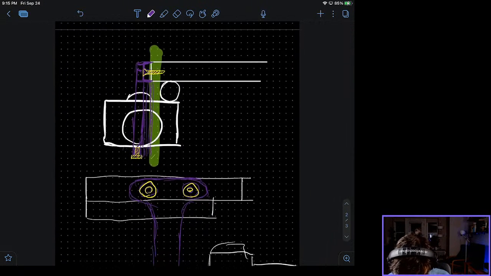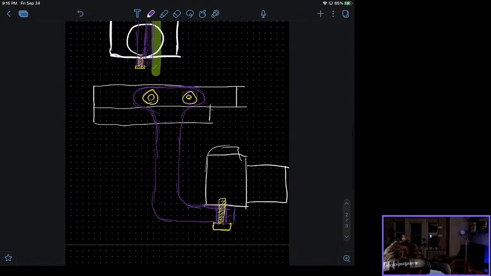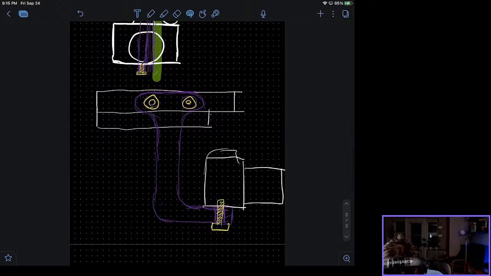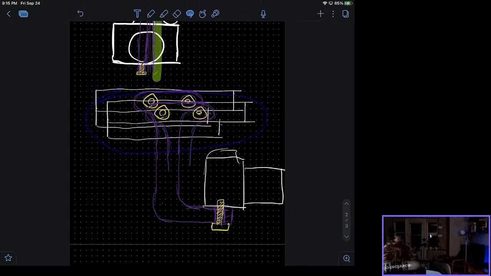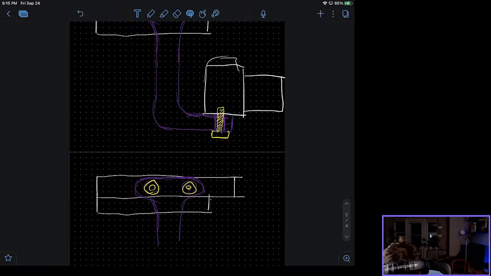So, I'm gonna take this guy over here, and I'm just gonna duplicate him down here, and I'm just gonna delete some of the stuff that I have here.